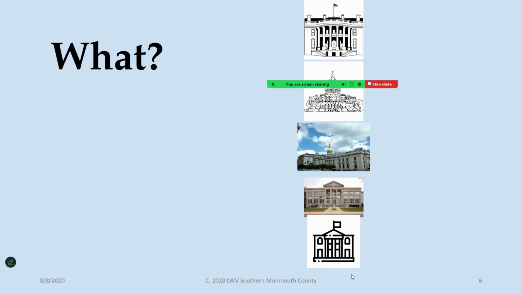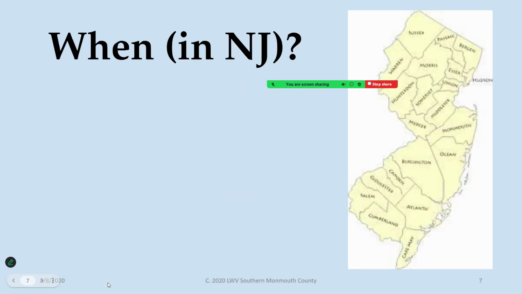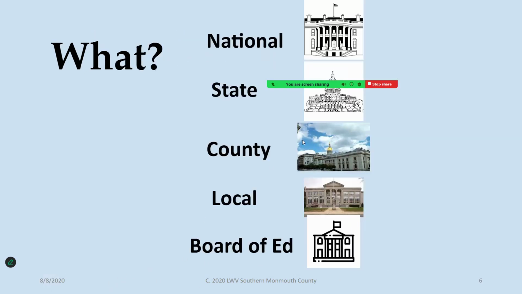And the what? So what are we voting for? You vote for candidates for public office at the national level, at the state level, at the county level, and at the local level. And for us, also at the Board of Education level. At the national level, who do we vote for? And then you ask them, and usually they'll know the president and the vice president, but they don't know too much more than that. So you can fill in